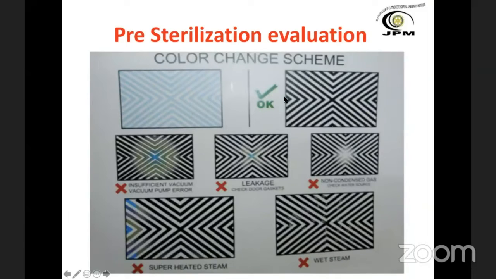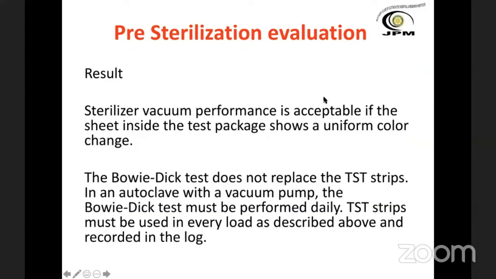And these are the different ways in which you can see. This is where they are uniformly colored, and the colors are not very dark like this or very light like this. So the rest are not good. Like you can see the blue at the center, this is superheated with steam, blue at the periphery. So these are not acceptable. This is the most ideal color and should be looked for.